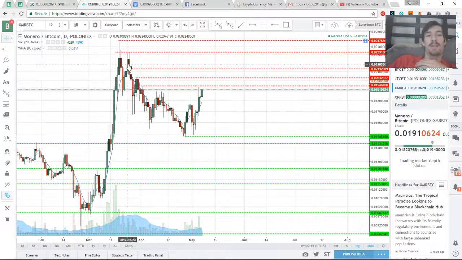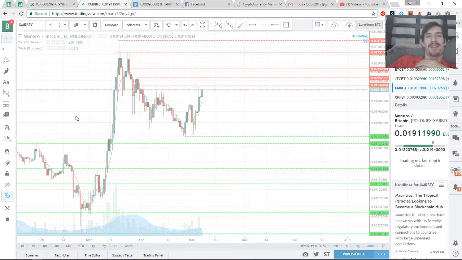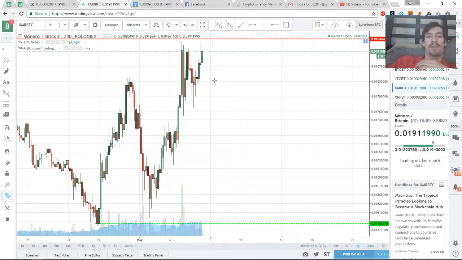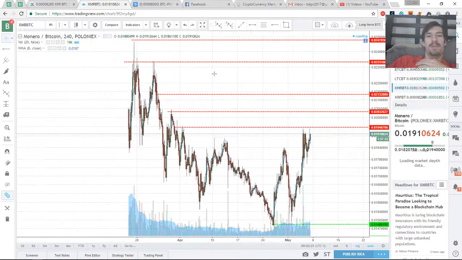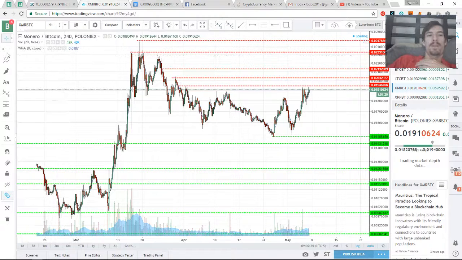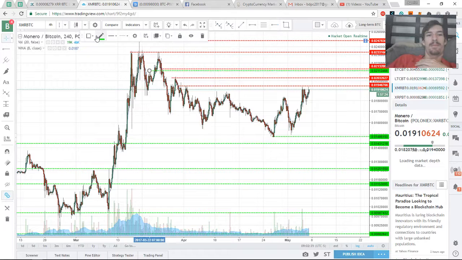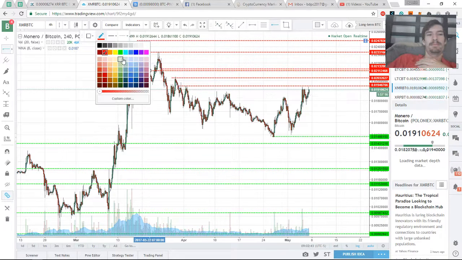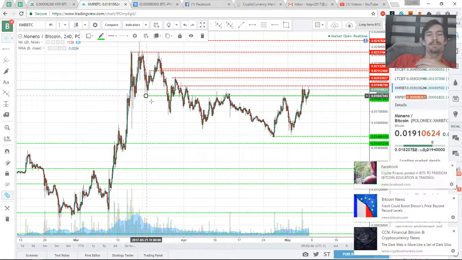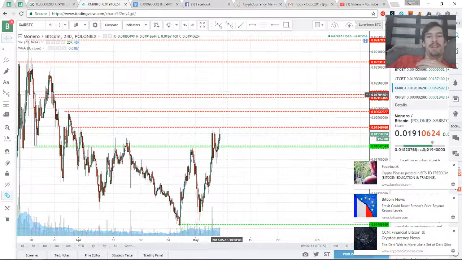If we were to zoom in, let me just do it for y'all's sake. Zoom it into a 4-hour chart instead of the daily. We zoom it out a bit, and then you'll notice that we could draw even more of these little red resistance lines. Put one here, put another one. Yeah, it's a support line. Let's go ahead and draw it. There, and so as we kind of zoom in here and take a look at this,